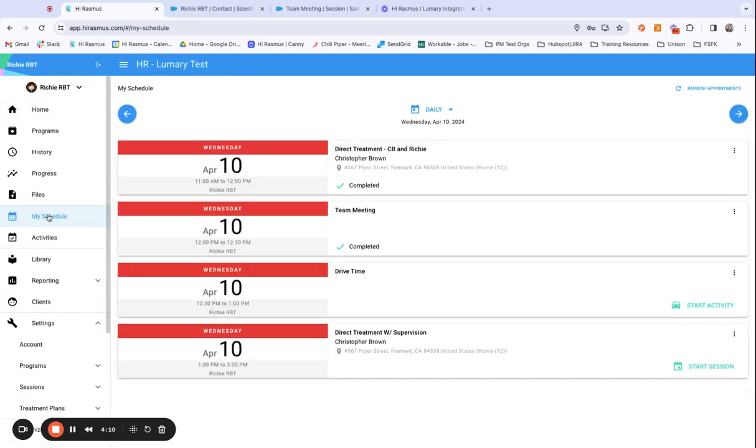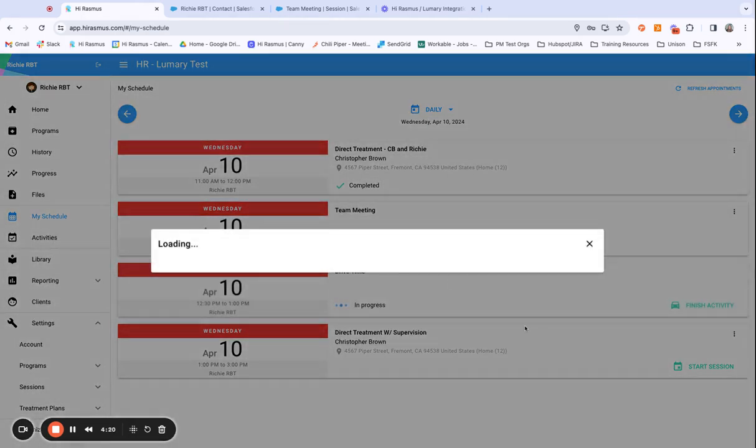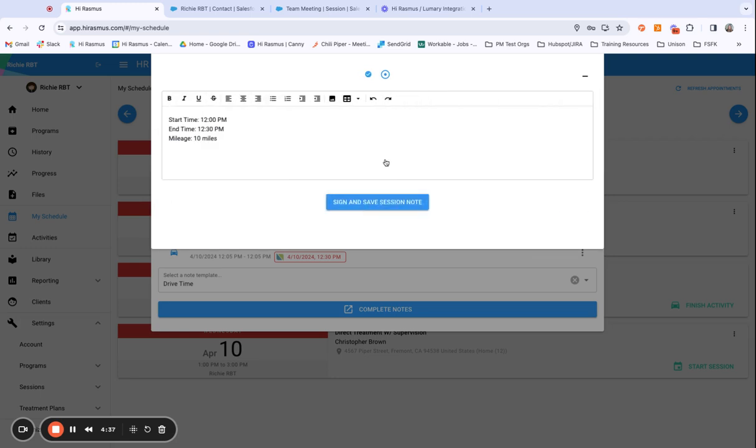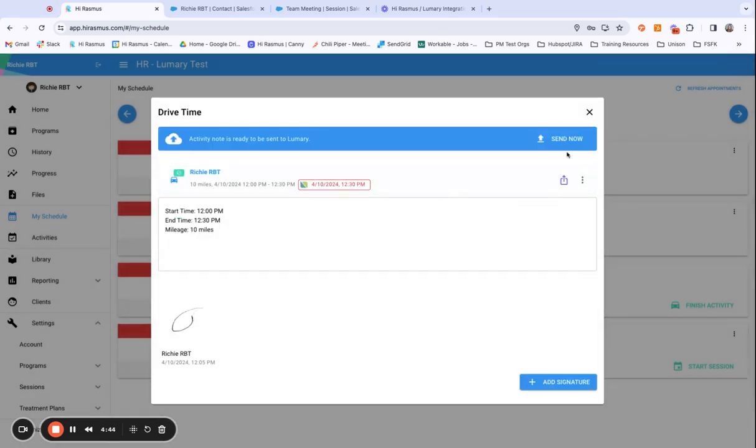If I go back into my schedule here and let's say I want to start that drive time activity, we can go in and enter the times that we were driving. So let's say this was to 12:30, and let's say we want to say we went 10 miles. It'll automatically put in that mileage for us. We can sign the note, and then when we send it over to Lumary,